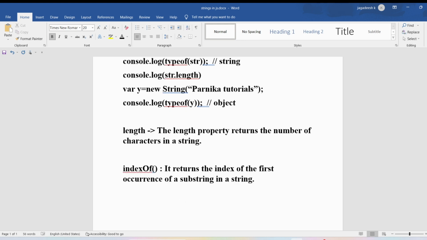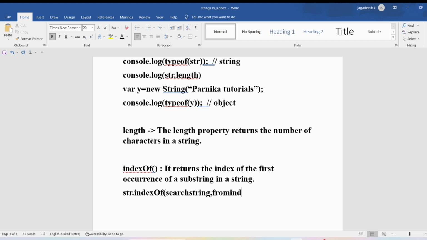The generalized syntax of using the indexOf method is you need to write the string variable dot, in this case I can write it as str because str is a string variable. Then I need to use indexOf, where the O should be in uppercase, and then it will take two parameters. One is the search string you want to provide, and also you have another optional parameter called